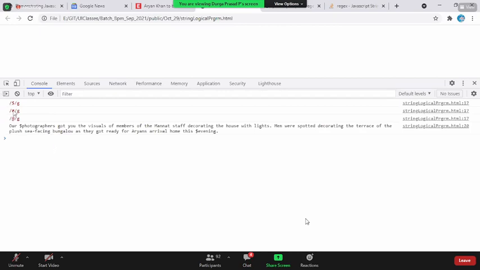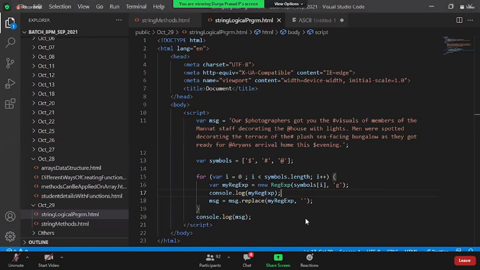Yeah, it is happening, right? Flashy, $G, this is good. Now message dot replace the expression with empty.